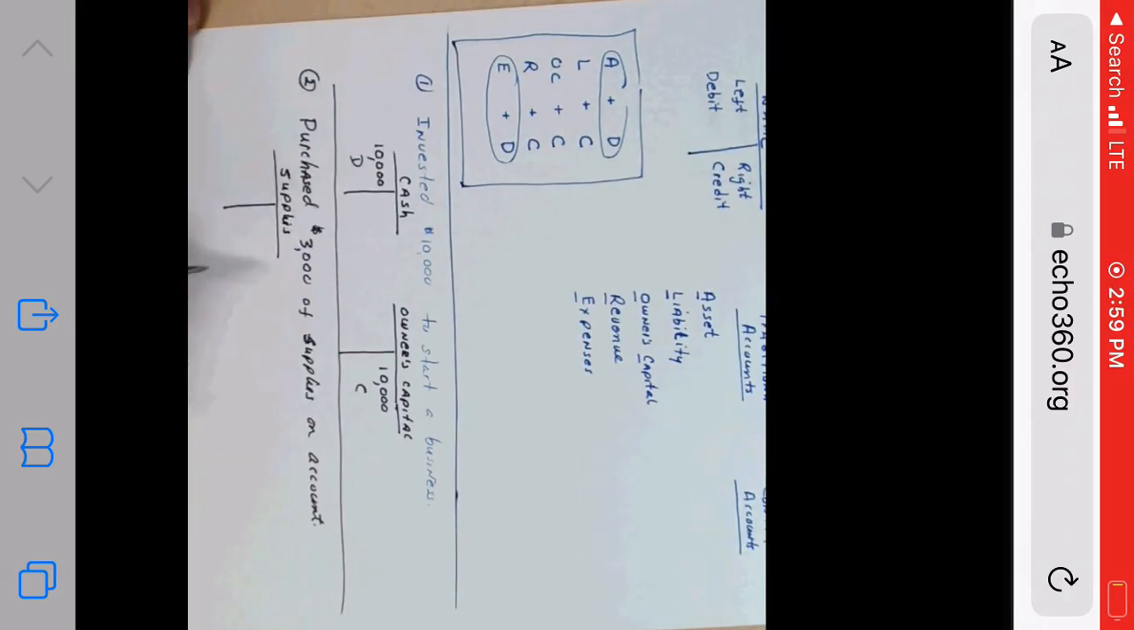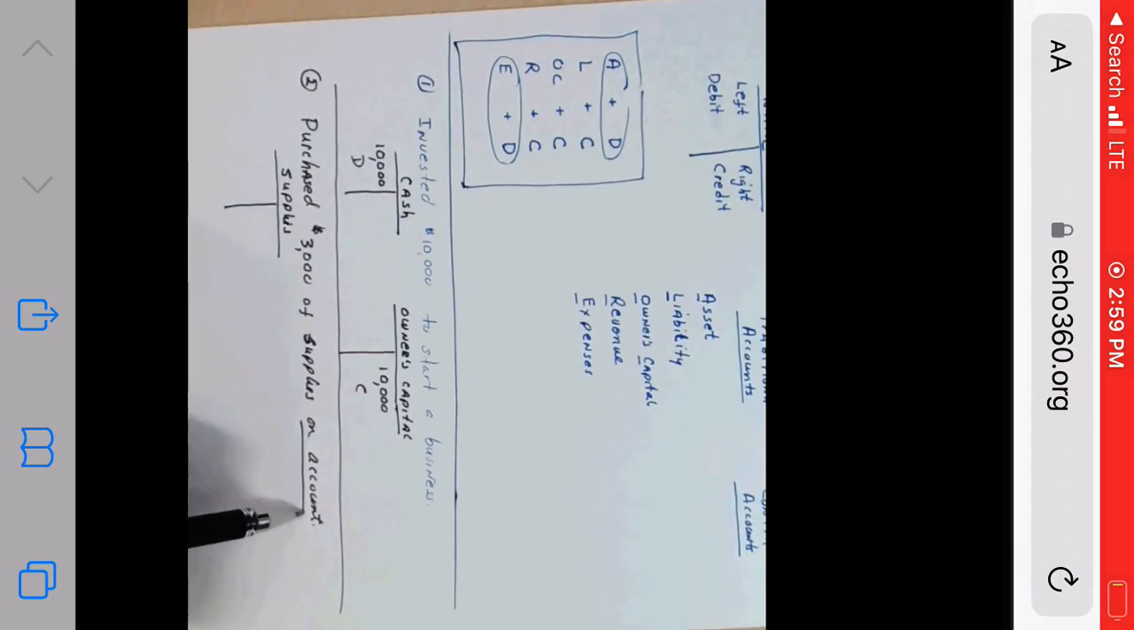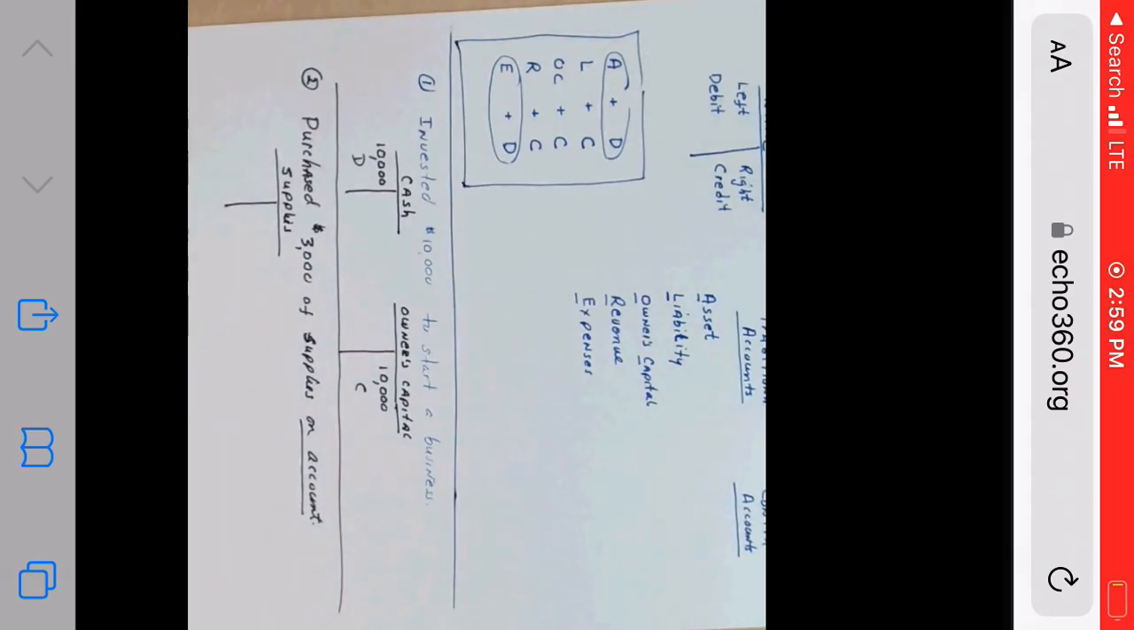And since we're buying them on account means we're not paying for them. So we have to come up with an account that's going to keep track of how much money we owe our suppliers or our vendors. And that account is called accounts payable. Right? The accounts payable